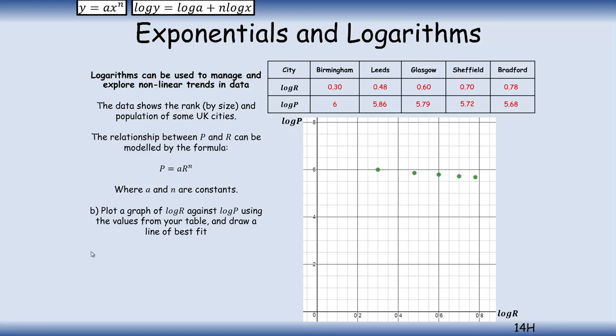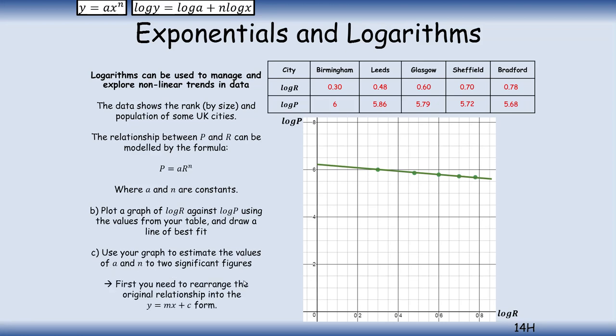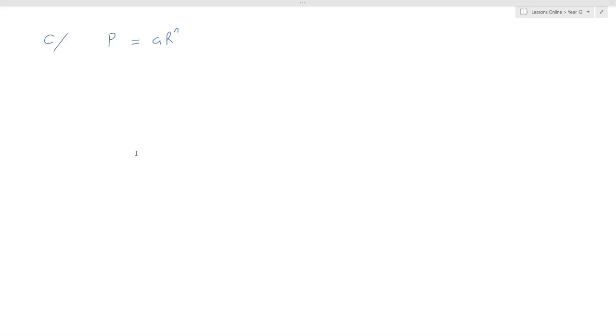Finally, we're going to use the graph to estimate the values of A and N to two significant figures. So we're going to try and rearrange P equals A R to the power of N in the form y equals mx plus c. We want to write that as a straight line equation. So we take logs on both sides as we did earlier. So we can write log of P